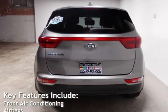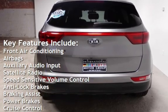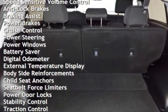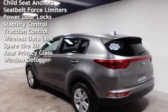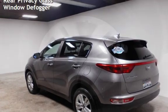Key features include front air conditioning, airbags, auxiliary audio input, satellite radio, speed-sensitive volume control, anti-lock brakes, braking assist, power brakes, cruise control, power steering, power windows, battery saver, digital odometer, external temperature display, body side reinforcements, child seat anchors,